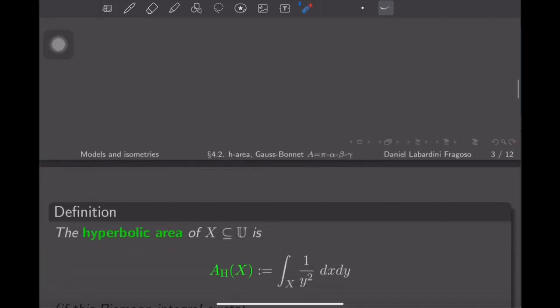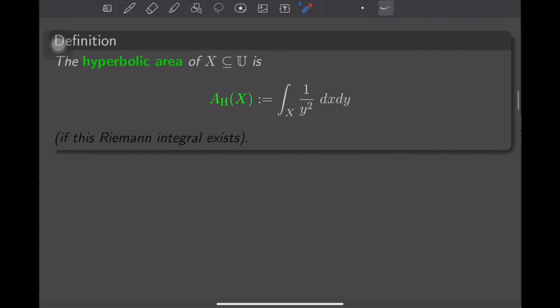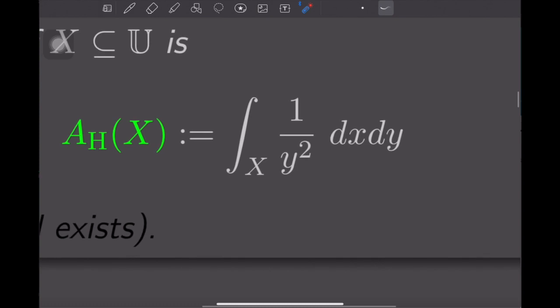So let's start with the notion of hyperbolic area. We work in the upper half plane model, and given any subset of the upper half plane, we define its hyperbolic area to be this integral. As you can see, this integral is a modification of the integral that measures the usual area in the Euclidean plane, and this modification is given by making